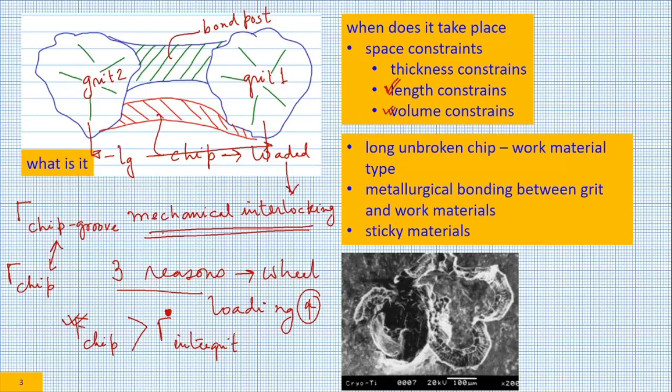Another one is thickness. Thickness variation is this one. This is the thickness of the chip, as you can see. If this thickness variation takes place, so the thickness of the chip, if I say this is A2, so this A2, the maximum thickness of the chip, if it is more than RP, then also your probability of wheel loading would go up.